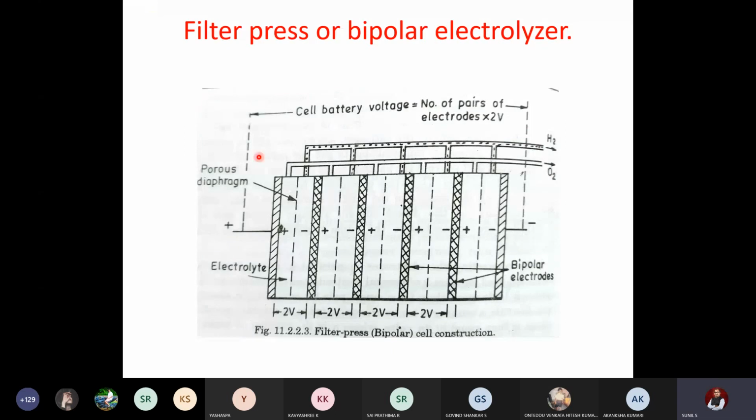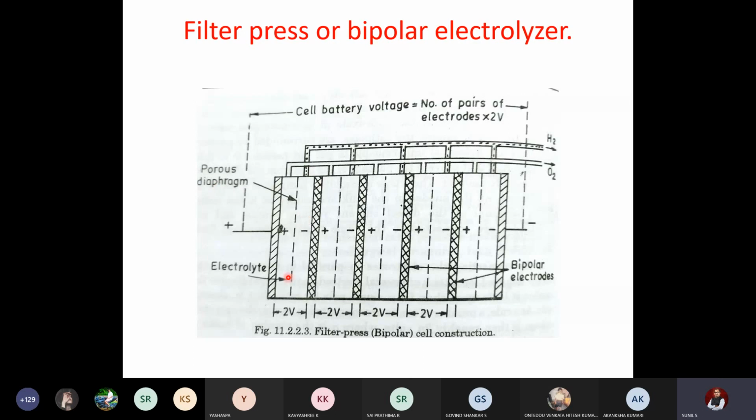See, as I told you, here the principle of operation is the same, but the construction is different. Except at the ends, you can see at the end we have a separate cathode and anode. In between, a common structure is there, wherein one face acts as an anode and the other face acts as a cathode. A single rod, on one end acts as an anode, the other end acts as a cathode. Such structures are selected. Hence, it is called a bipolar electrolyzer. The name itself represents it.